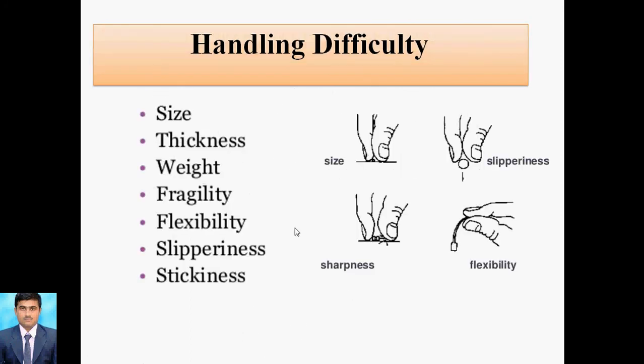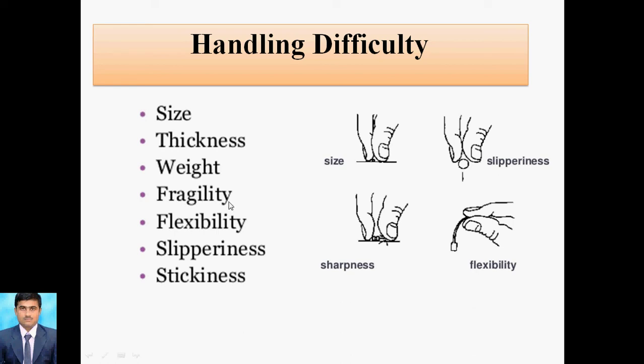The next, whenever we design the parts, we consider size. If it is less in size, it is not picked for further procedures, so this is an important part. Then thickness, so if it is less thick, then when the assembling action takes place, it should be hammered. Then weight, so if it is more in weight, it is not feasible to assemble the parts.